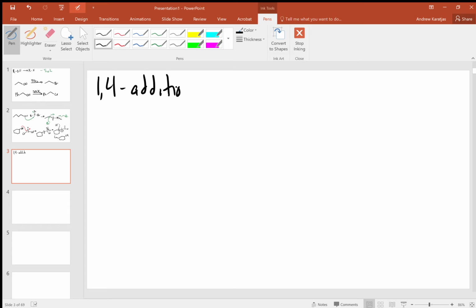Now we take a look at the 1,4 addition of alcohols. We're going to keep this one pretty brief because it turns out this is not a very commonly used reaction. But just as we've seen with other nucleophiles, if our carbonyl, our aldehyde or ketone, is conjugated,